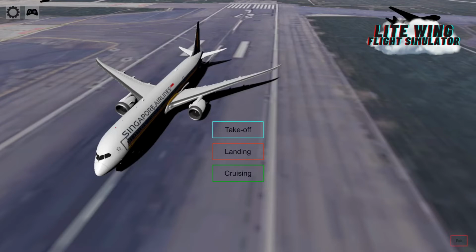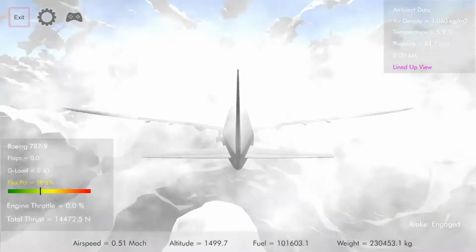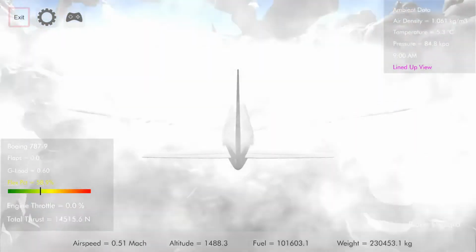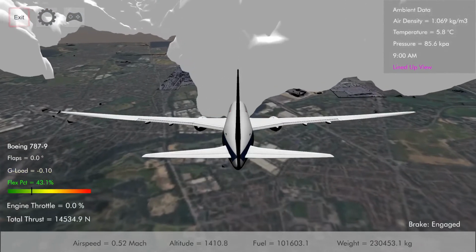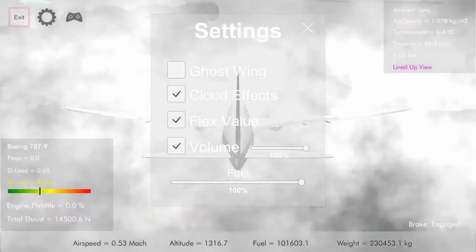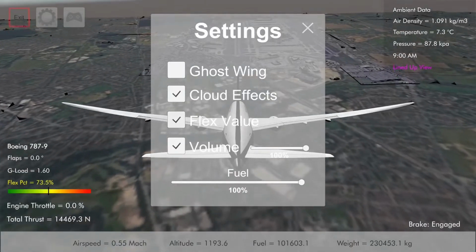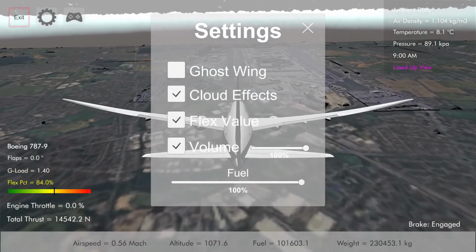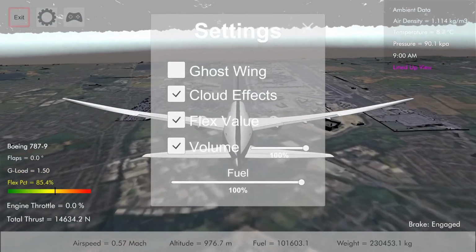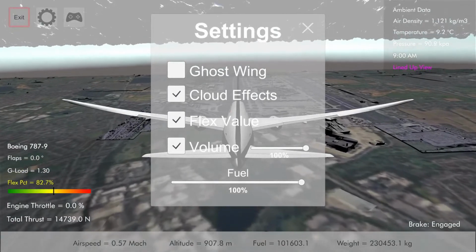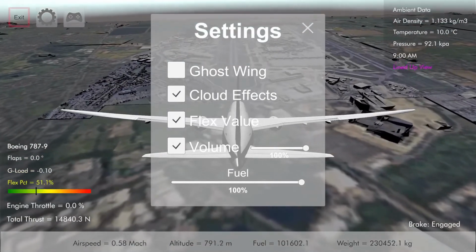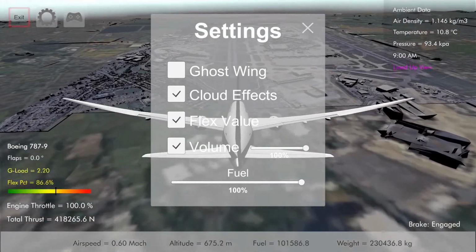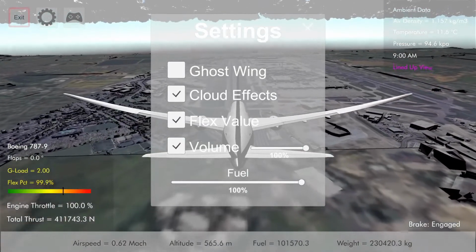So now let's look at the settings inside the game. When we start up the game, you'll be able to see the different settings, such as the flex value, which is displayed here, which is the value of the flex on the aircraft. You can see that if I pull the aircraft to its limits, it shows a margins reached warning,